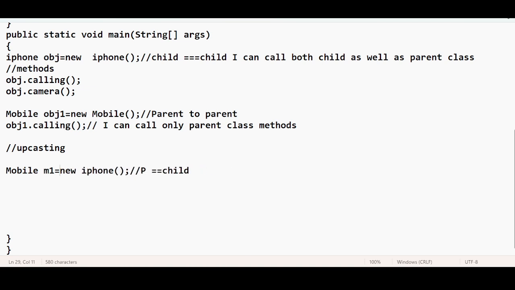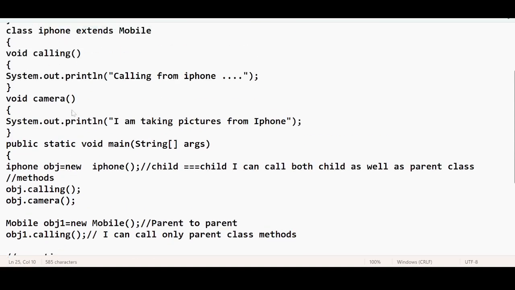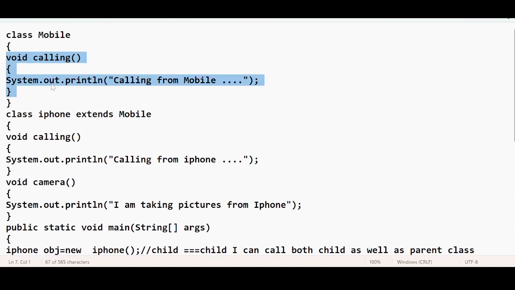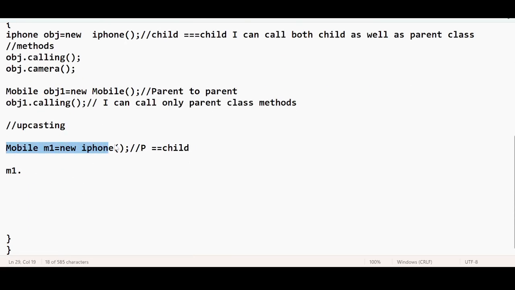My question here is, by using this m1 reference, which method can we call? By using the obj1 reference we are able to call one method, because there is only one method in the mobile class. Now here, a child class object is assigned to the parent class reference variable.